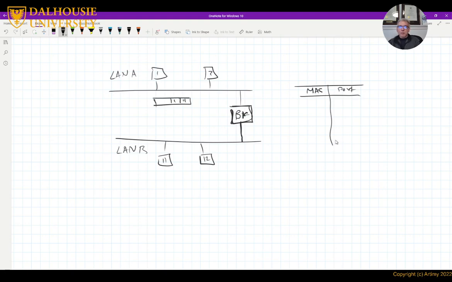I don't know where 11 is. So what I'm going to do, I'm going to send the packet to the other side. Now, of course, if it was received on port 1, it must be transmitted only on port 2. It cannot be sent back, right?